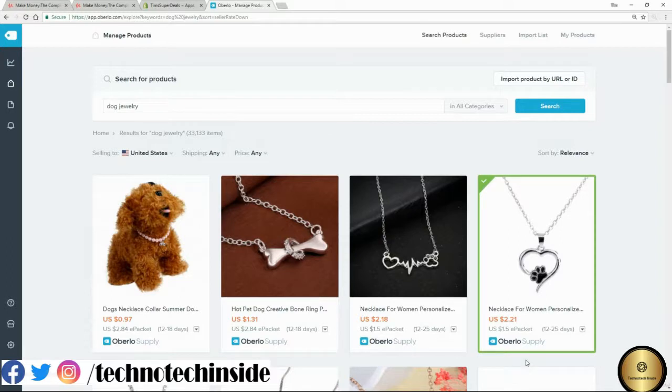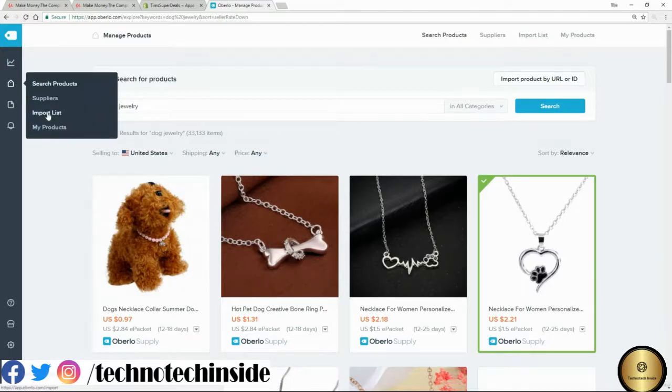So what it's done is it's taken that product from Ali and it's put it into my import list. My import list, if you like, is that holding area that I was talking about. It hasn't quite gone onto our site. And I can make that even clearer by showing you what the import list looks like. So again, back over to this menu here and you'll see we've got import list. So if I click on this,